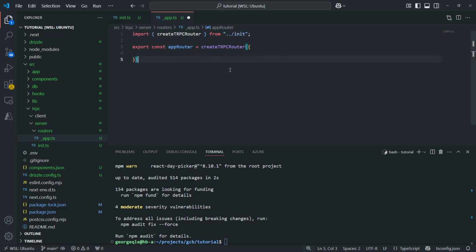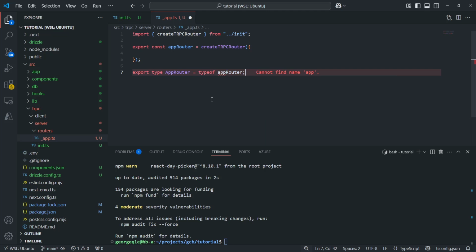For now, we'll just pass in an empty object. Once we create our routers, we'll need to remember to add them here so that they can be used with the rest of our project. Then we're going to export type AppRouter, which will be typeof appRouter. So this will allow for tRPC to know what the shape of our router is, what all of the internal